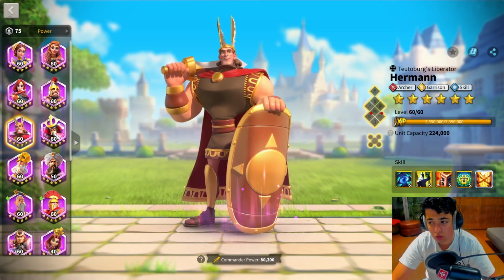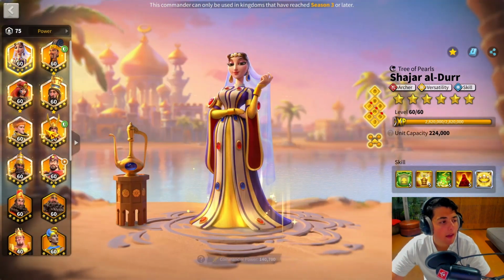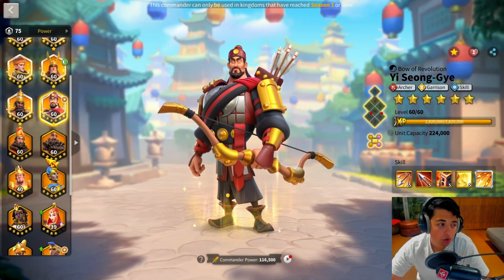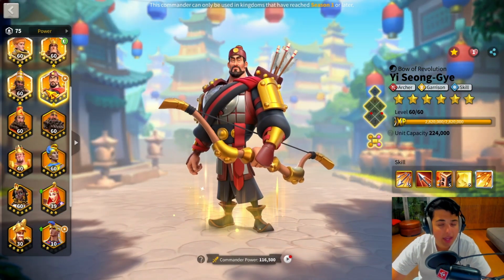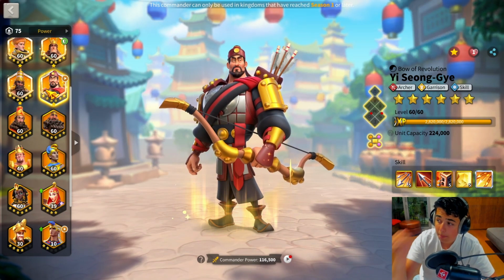Now, moving on to KVK 1, this is where we start to look at a few more options for you. Now that you've had a bit more time to play, you might have gotten really lucky. You may have an okay level El Cid or an okay level Thumos, and you're going to get access to YSG. Now, this is where you're going to make probably the biggest decision you'll end up making for your account,